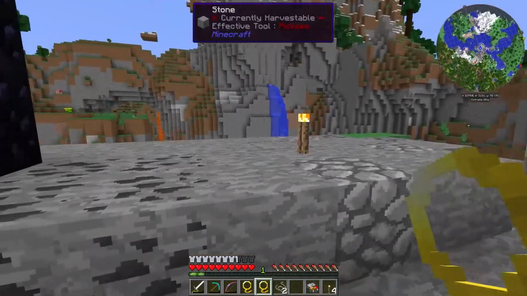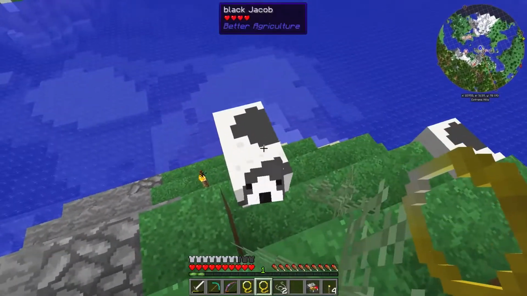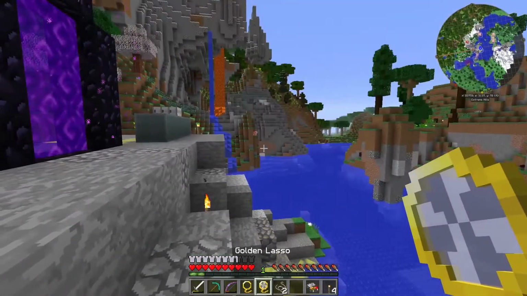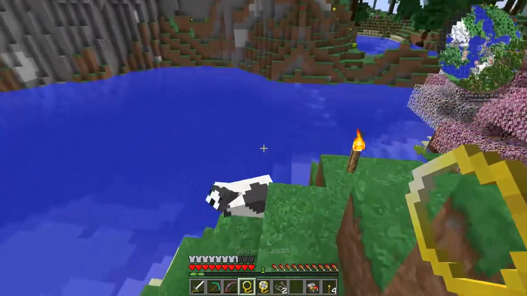Well, as luck would have it, I had a look at the little mini map up there, and there should be some sheep over here somewhere. Sheep? Cows? Black Jacob. Oh, it's a sheep. Right click on it with the lasso, and as you can see, it's in there. It says Black Jacob, health 8. So he's sitting in there. He's good to go. So right click on this one,